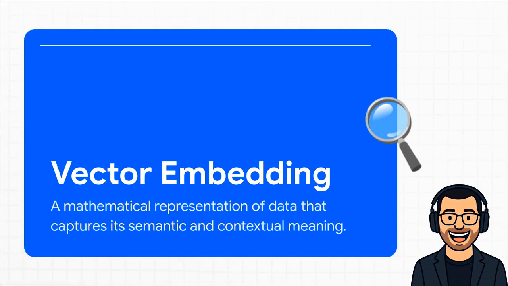Okay, let's break this down because it's super important. A vector embedding is basically just a long list of numbers. You can think of machine learning models as these incredible translators. They can take anything, a word, a song, a picture of your dog, and turn it into one of these vectors. And here's the magic part. Things with similar meanings get similar vectors. They end up being neighbors in this giant, multi-dimensional map of ideas.